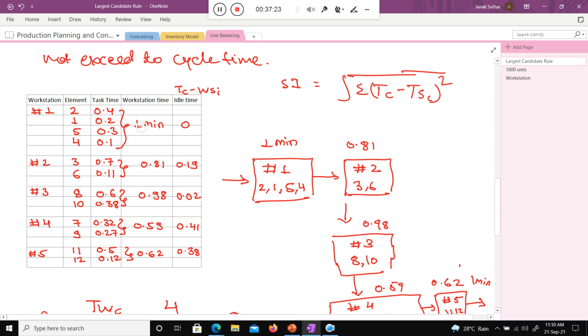What you need to do: first, 1 minus 1 is 0, 0 square is 0, then 1 minus 0.81 square, plus 1 minus 0.98 whole square, plus 1 minus 0.59 whole square, plus 1 minus 0.62 whole square. Under the entire thing you need to take the square root, and you will get the smoothness index. Can you tell me what is the smoothness index for this design? Quickly, class.